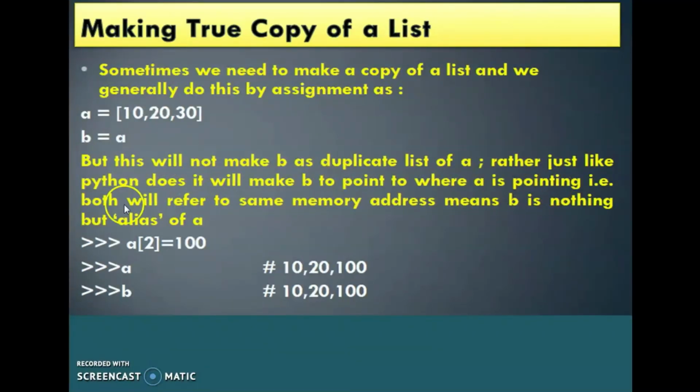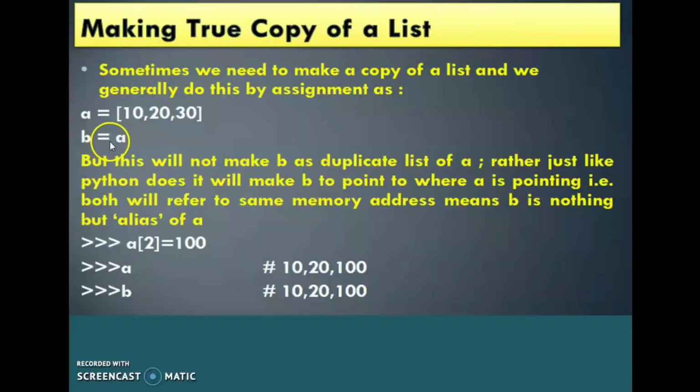That is, both will refer to the same memory address, meaning B is nothing but an alias of A. B and A are pointing to the same memory address.